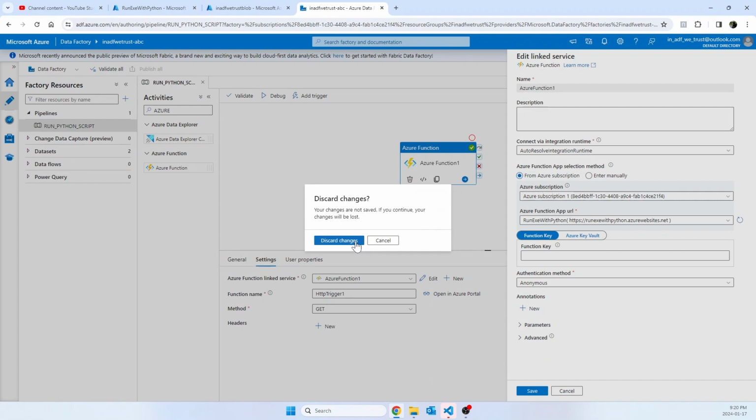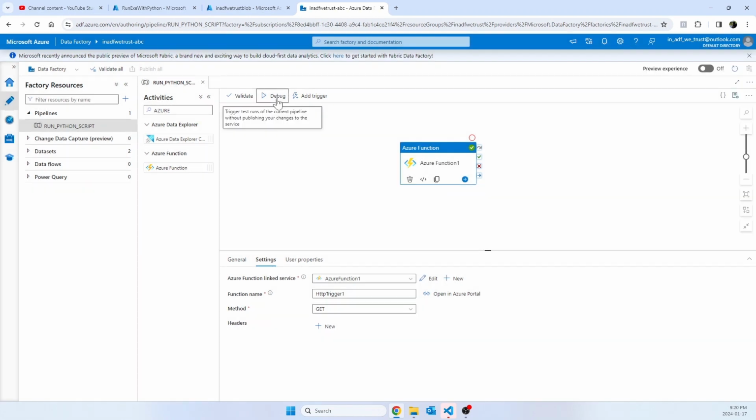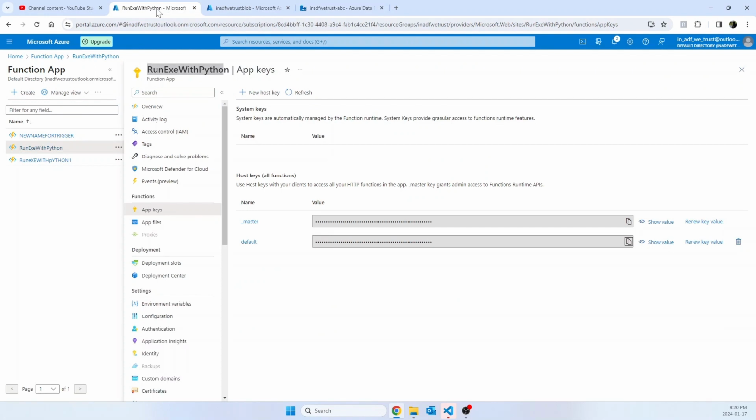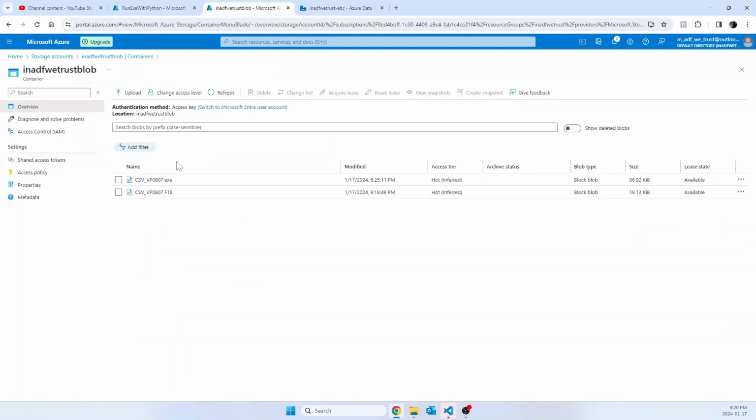Once you run again your pipeline, it will run this HTTP trigger, and it will perform the code that you have in Python. And this is how easily you can do or you can run your Python code with Azure